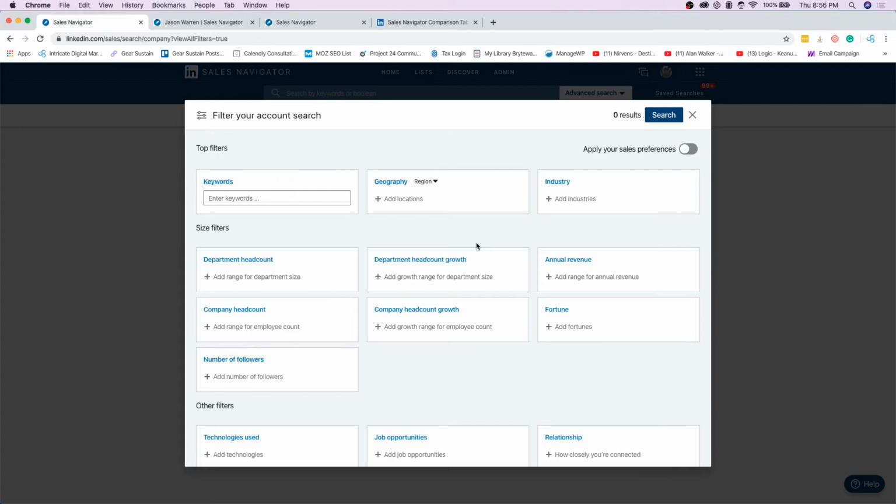So we're going to search for these companies because it's an account search, an organization search, and we're going to try to find the perfect sized company for our partnership. So obviously, the prospects for our partnership. What we're going to search for in keywords here is website design, web design,